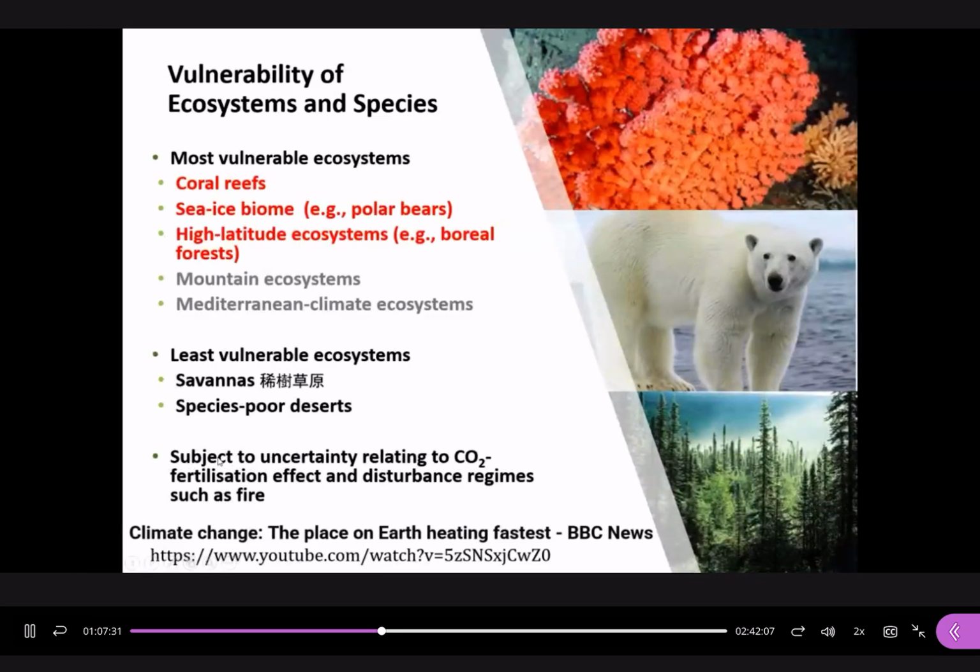In the future, it's also subject to uncertainty related to the CO2 fertilization effect and disturbance regimes such as fire. CO2 fertilization, because the plants need to inhale the CO2 for growth, and then expel oxygen to the atmosphere. So the CO2 concentration increase in general will favor the growth of the forest. And the fire, we will talk about in the next class, because fire is a big threat to the forest. Fire can destroy a large area of the forest. Every year there are many fires in the mountain regions all over the world. Because of the temperature increase, it will reduce the vapor content in the plants, so it favors the fire.